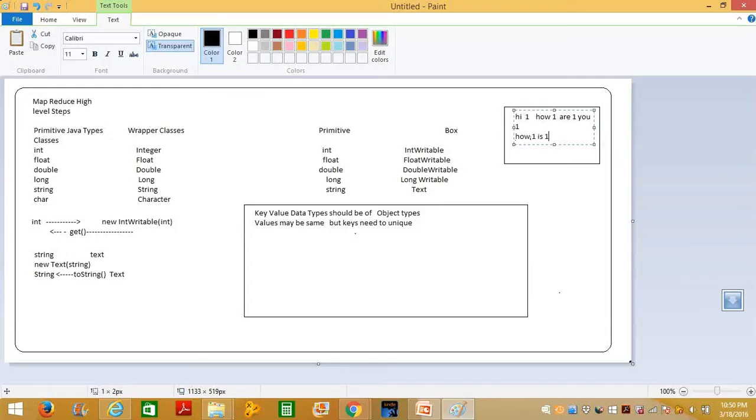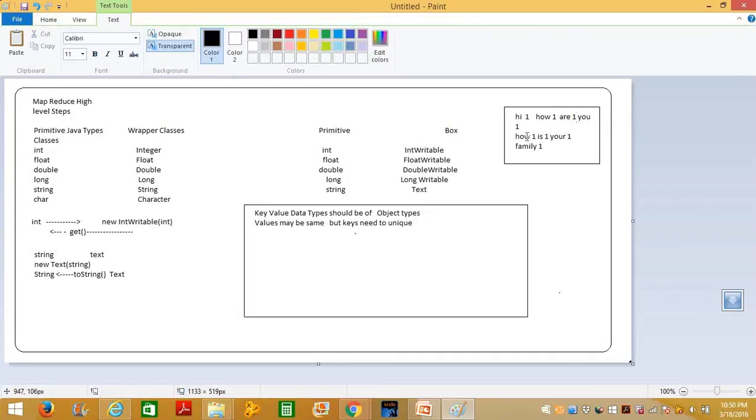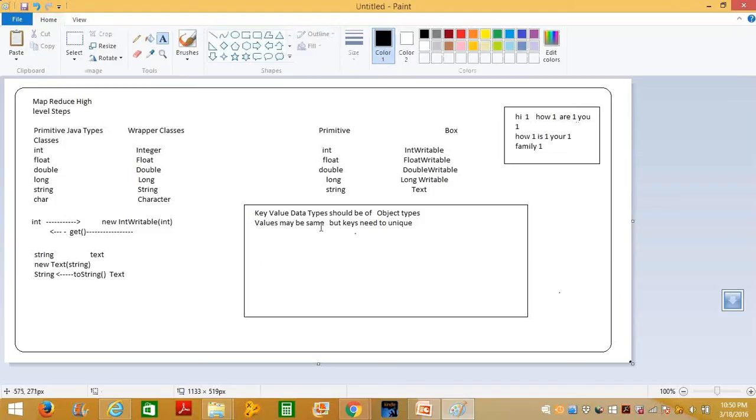And for the second record, you are going to have hi 1 again, how 1, your 1, as well as family 1. So what is the key here? This key is your how, as well as this key is your how here. But what I'm saying is values might be same, but keys need to be unique. So doesn't it violate this rule here,